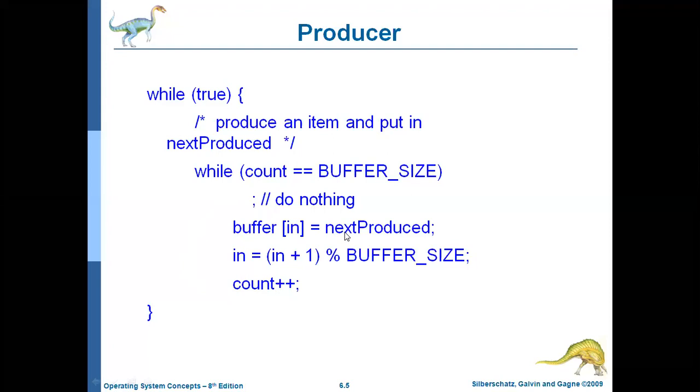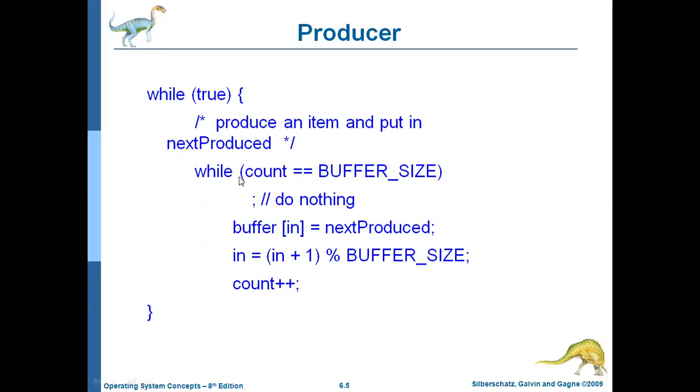Like that you can keep the items in the buffer up to the 4th position. Why? Because in equal to 0, in equal to 1, in equal to 2, in equal to 3, in equal to 4. That means total 5, 0 to 4. So 5 items you can keep in the buffer. After that, whenever the in value is 4, 4 plus 1 is 5. 5 modulo division 5 means 0. And then count plus plus. Earlier it was 4 and now it is 5.